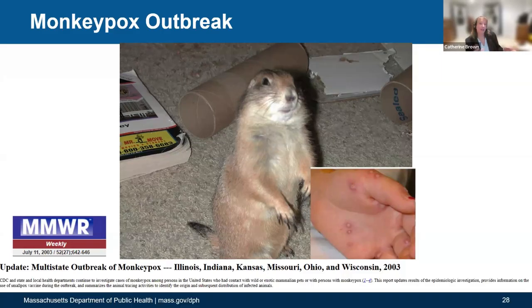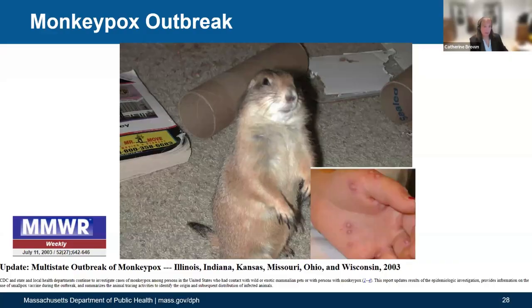The problem is it wasn't really that great a quarantine situation because they were very close to other species of animals, including this little prairie dog here, another animal species that people like to adopt. And so what happened is the African giant pouched rats were carrying monkeypox. Back when we still called it monkeypox, right? We call it mpox now. But at the time in 2003, when this outbreak occurred, it was still monkeypox.